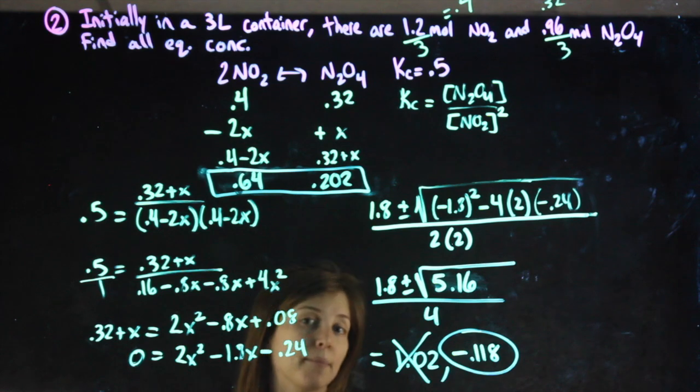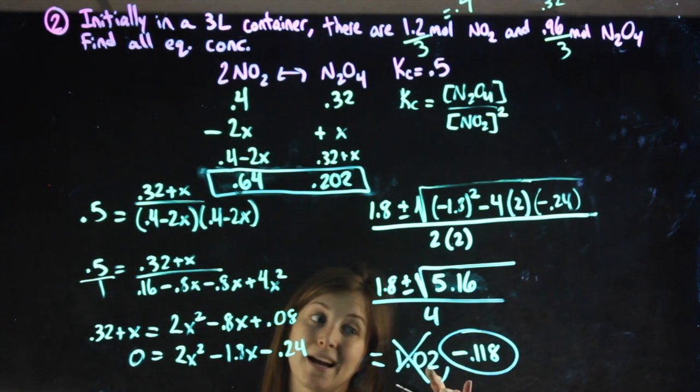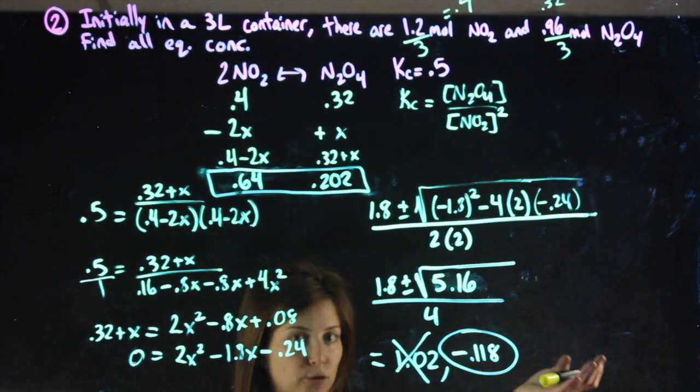Your values at equilibrium always need to be positive. Your x values might be positive or negative. They might both be positive, they may both be negative. That doesn't